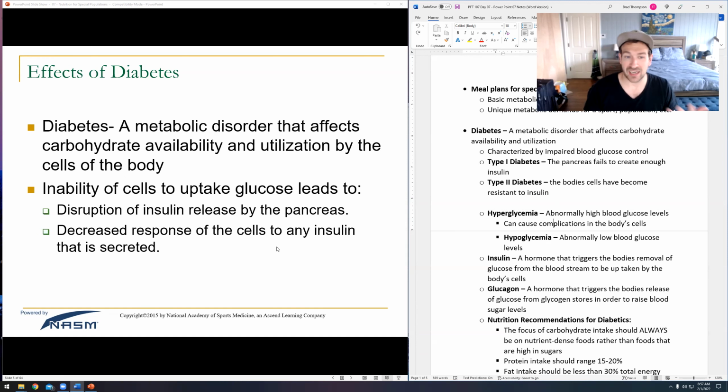Well, it's kind of like trying to live your life with a bunch of crap in your way. Your cells are trying to do all their jobs. They're trying to function normally and healthy, right? But they just can't. There's literally a bunch of stuff crowding them, and so they can't do what they need to, right? There's too much sugar interrupting the movement of oxygen, minerals, electrolytes, all kinds of problems, right?